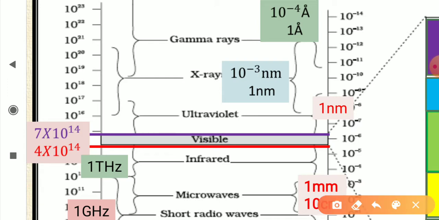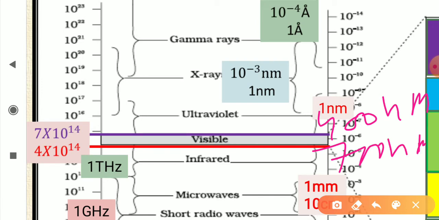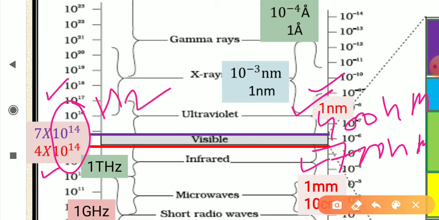Now for visible light, I have just discussed, this is 400 nanometer, this is 700 nanometer. Easy to remember, this is 4 and here 4 comes for red. 4 for violet, 4 for red. This is 7 for red and 7 for violet. The powers here are 10 raised to the power 14 hertz, of course. So you can just crisscross. And so visible light has frequency range 4 into 10 raised to the power 14 hertz to 7 into 10 raised to the power 14 hertz, and wavelength range 400 nanometer to 700 nanometer.